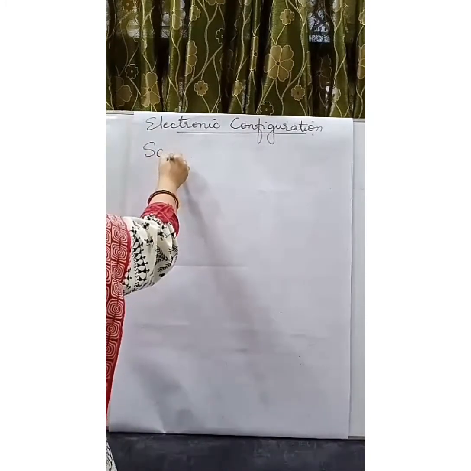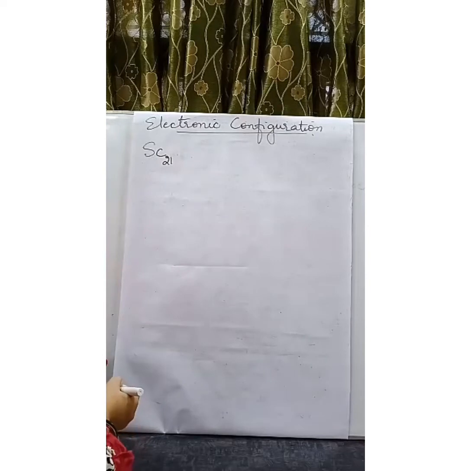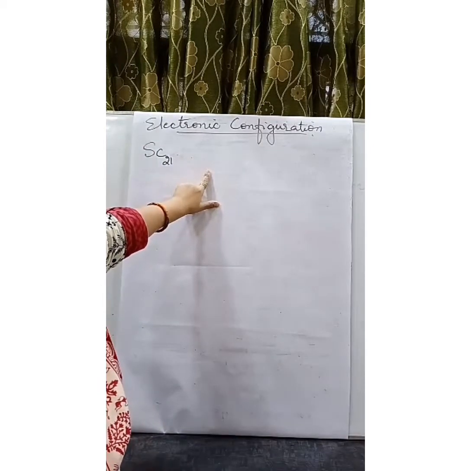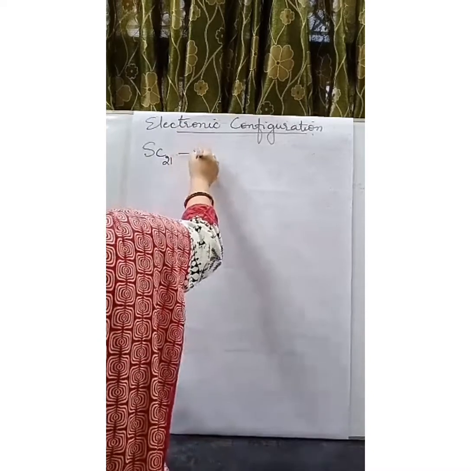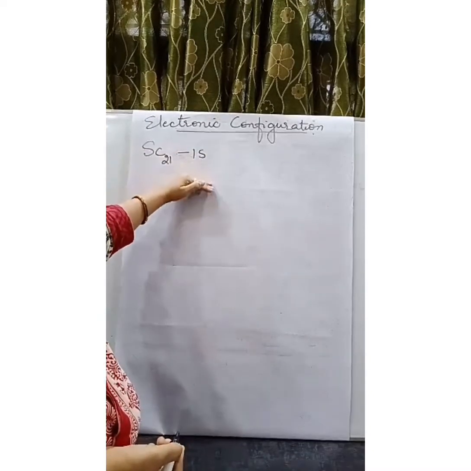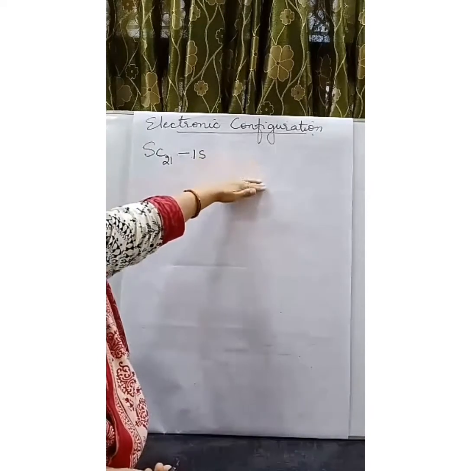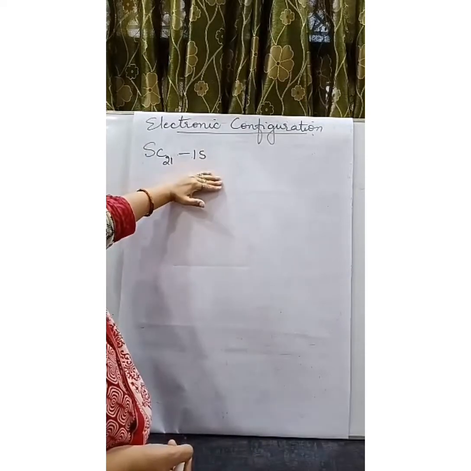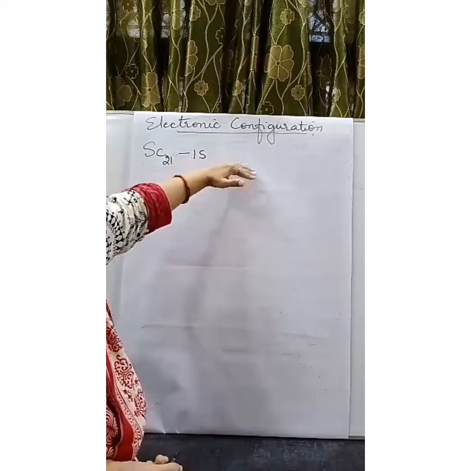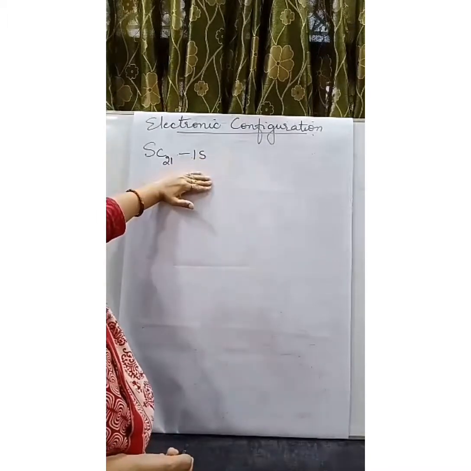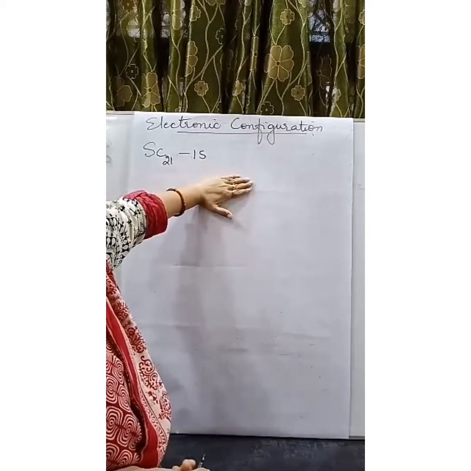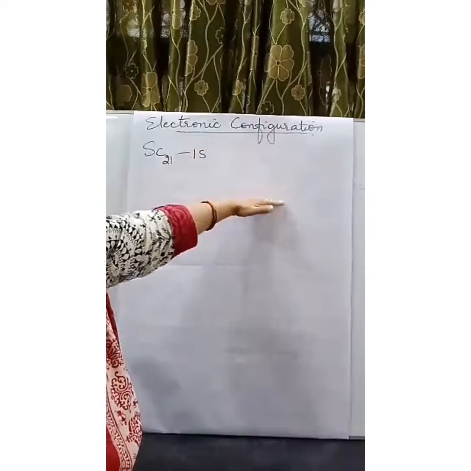Scandium is the element with atomic number 21, so 21 electrons are supposed to be arranged. While arranging electrons, we have to keep all three rules of filling in mind. According to Aufbau's rule, electrons are first filled into lower energy orbitals before higher energy orbitals. According to Pauli's rule, an orbital can hold a maximum of 2 electrons with opposite spin. And according to Hund's rule of maximum multiplicity, in case of degenerate orbitals, electrons are first singly occupied before pairing takes place.